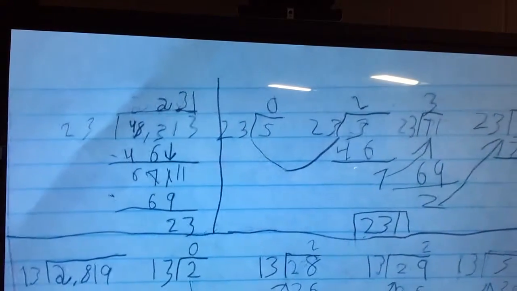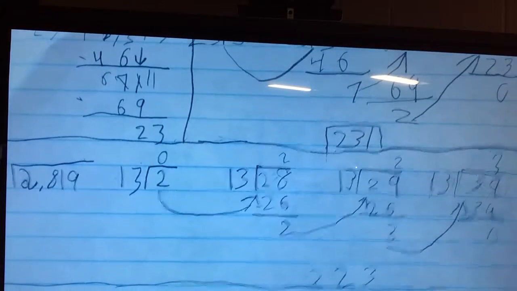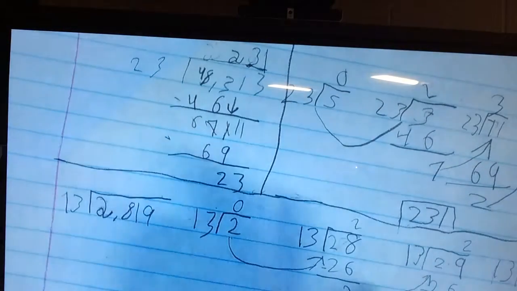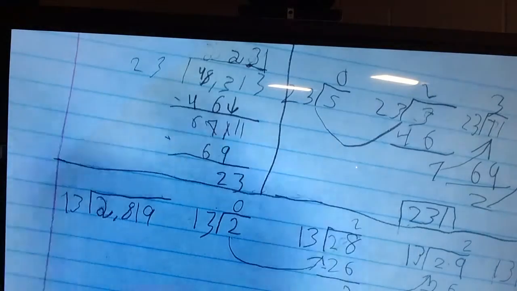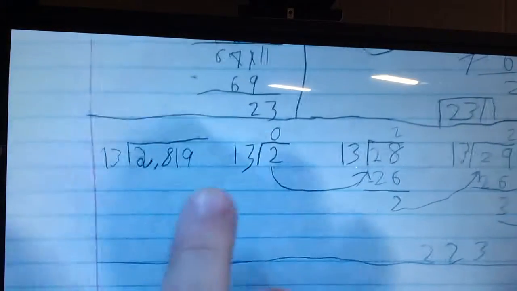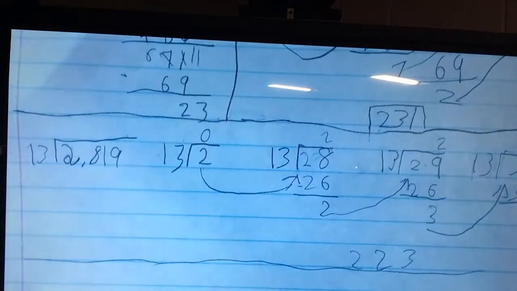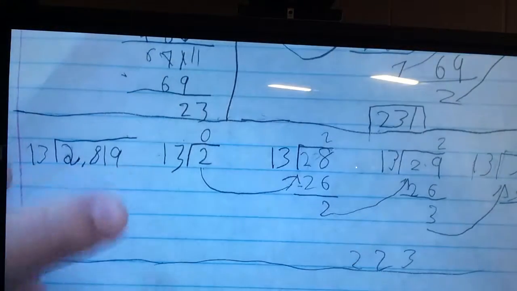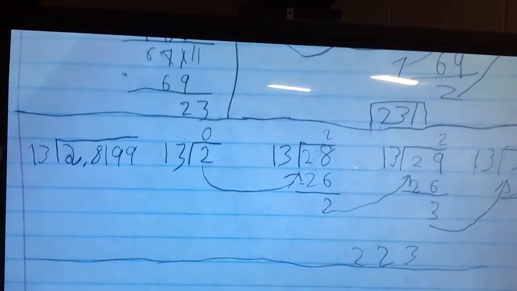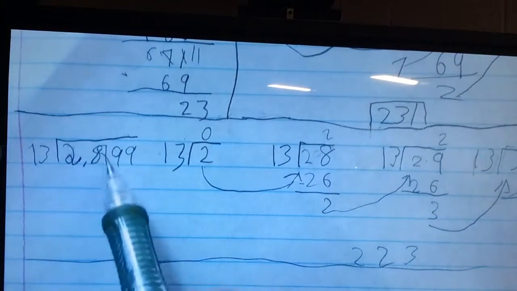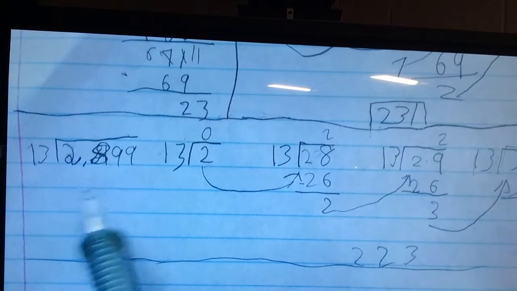Did it help you understand anything better? Okay, it helped me understand better because what I did is I got the numbers and put them in groups like 13 and 2, and then 13 and 8, and then 13 and 9, and then 13 and 9 again. And then what I did was I took 13 into 2, and it wouldn't go into 2, so I put a 0 on top, and then I brought the 2 over to the 13 and 8, and